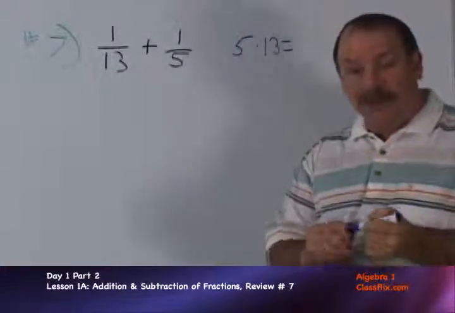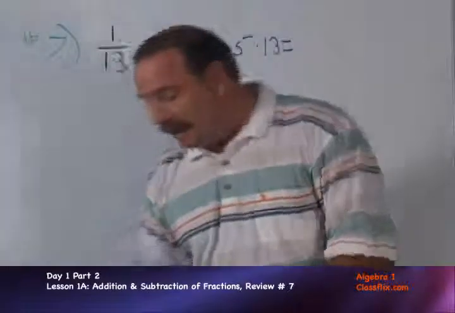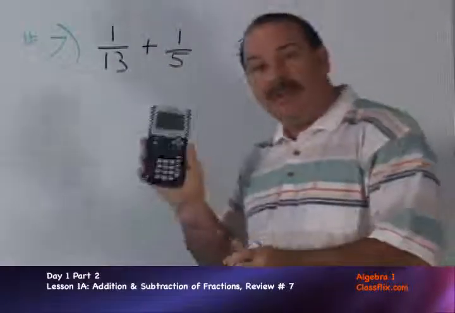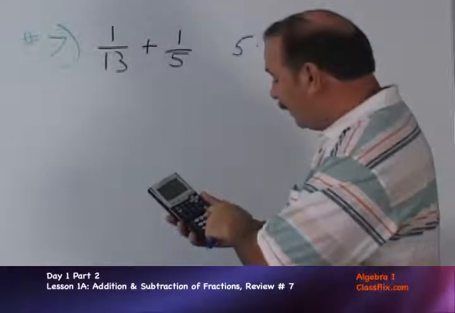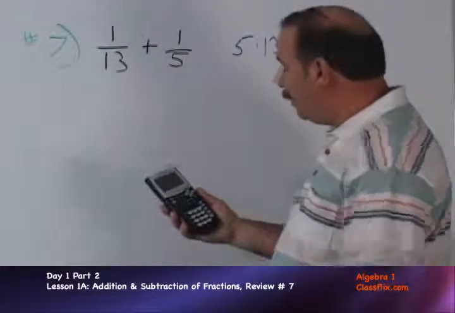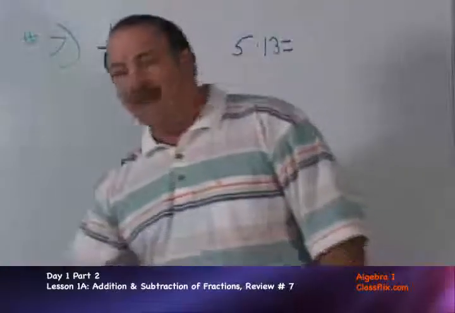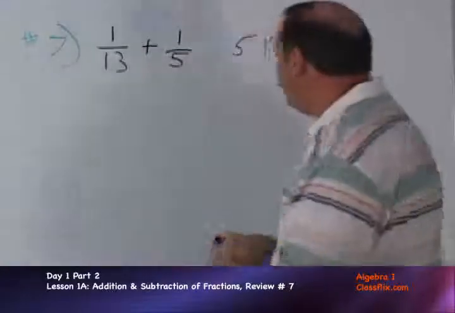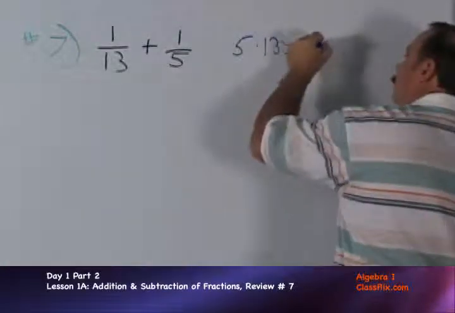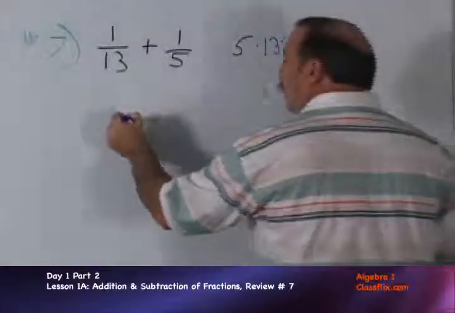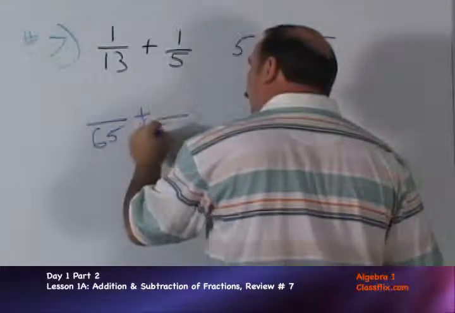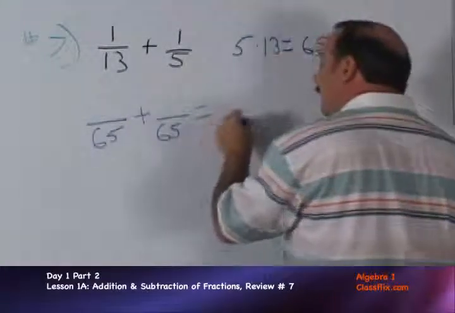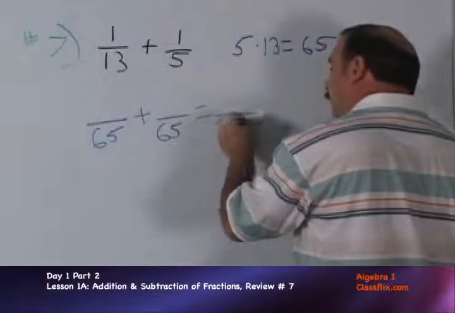Those of you that are good with your multiplication tables should know this answer. If not, you could just take your handy-dandy calculator, which you are allowed to use in this class, and multiply 5 times 13 and hit enter, and you get 65. So 65 is a good denominator. So I can convert the 13 into a 65. It's an addition problem. I can convert the 5 into a 65,